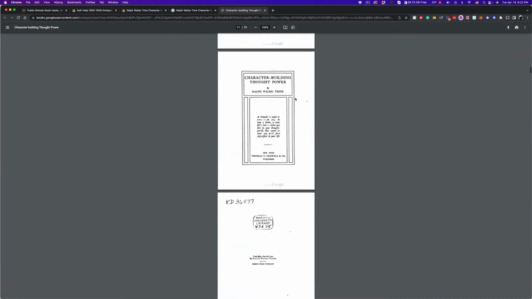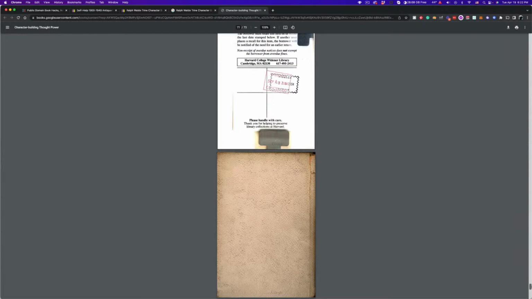But I want to point some things out to you. Right here, see this section in the front. All of these books written by the author, all in the public domain. So now we can start building a list of book titles. And another thing that you want to look at that you will sometimes find in some of these books, and I don't know if we will on this one. It's been a long time since I looked at this book.